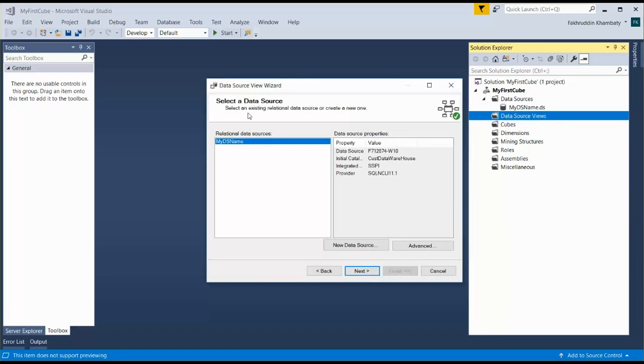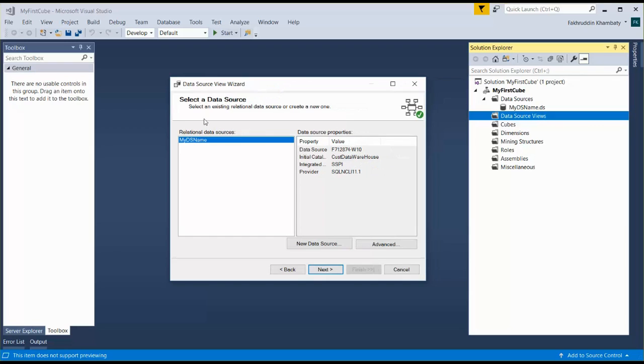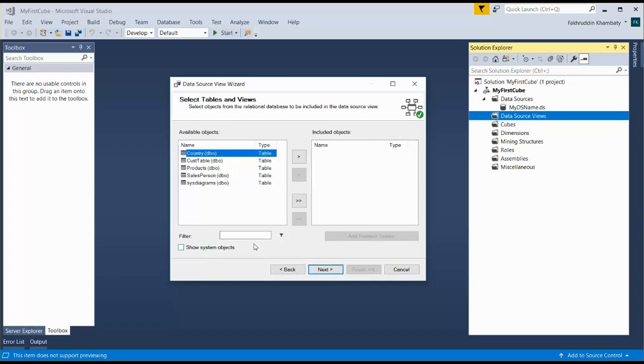Next, it will ask me what is your data source. So the one that we have just created, it will give me the option. If there are more than one, it will give you that as an option as well. It will give you an option to create a new data source from here if you do not want to pick anything that is available in the list. But since I just have one, I will select it and I'll say next.